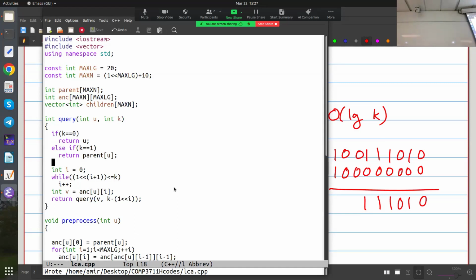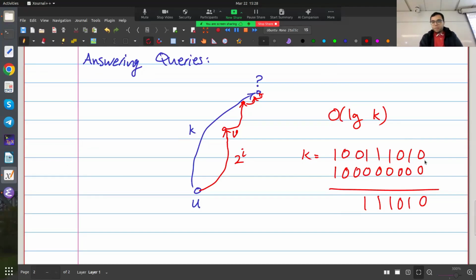They're not doing the same thing because every time I have to run this while loop and I have to find the power of 2. I have to find the largest power of 2, right? So every time this while loop is actually taking log k time. And I'm running the while loop log k times, so it's log squared of k now, right? So this is what's happening. So if my k is this, my while loop is starting at the end and just going forward, seeing what is the largest power of 2 that it can find, which is smaller than k, right? But then after I subtract that, I'm going to do the same thing again. I'm going to start from the end and keep going. This is awful,